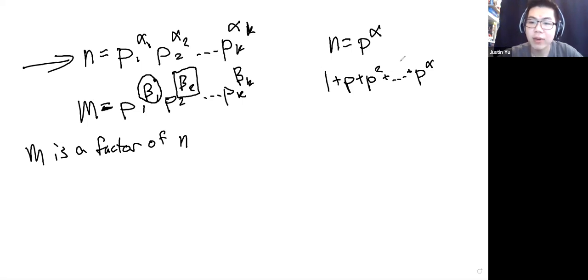All right, does everybody see why this is the case? If n is a prime power, this is why the sum is. So now I'm going to write out the following expression, and it's going to be a long one, but